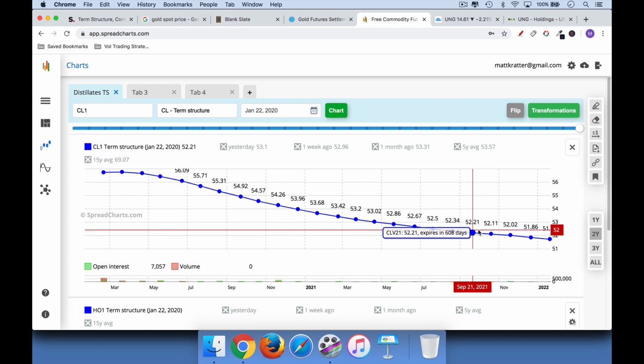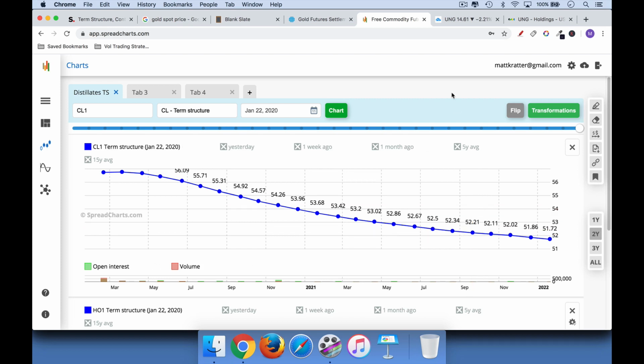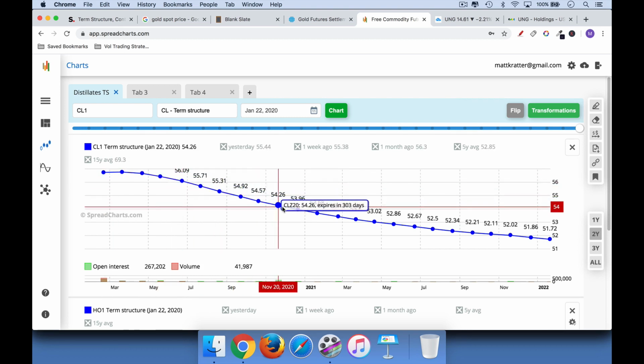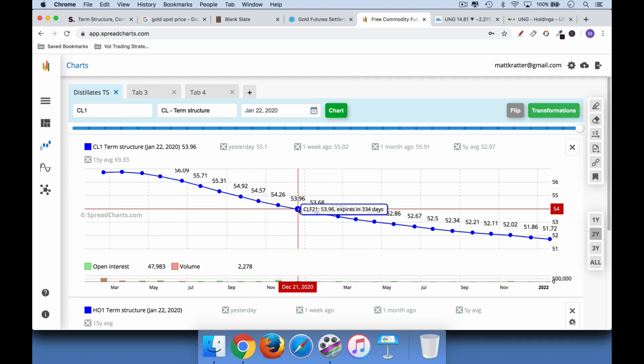Now, what are ways to profit from a market like this? Well, I can tell you about a trade that I was doing in the early 2000s, and this happened when crude oil was trading at much lower prices. It was trading around $20, $30. And it looked like this. The spot price was maybe $25. And then you could buy oil further out, a year or two out, at something like $20 or $18.